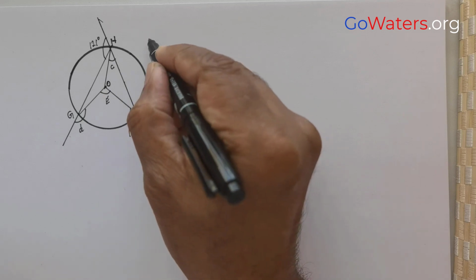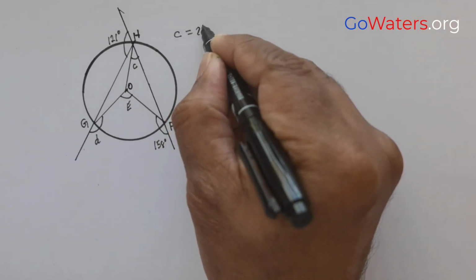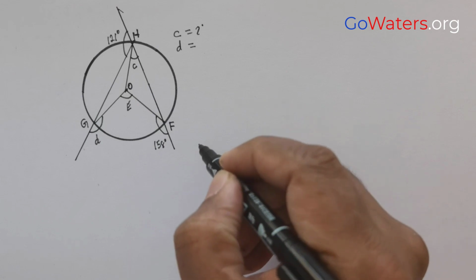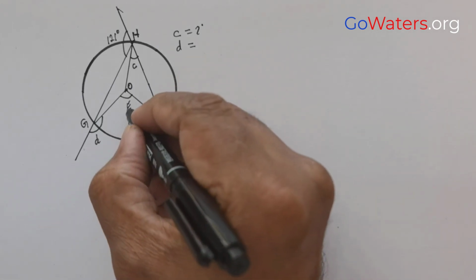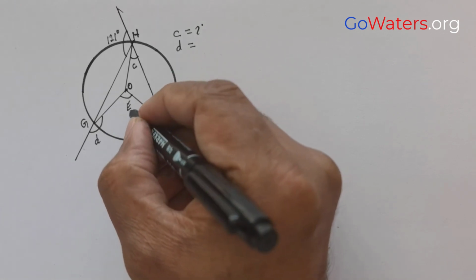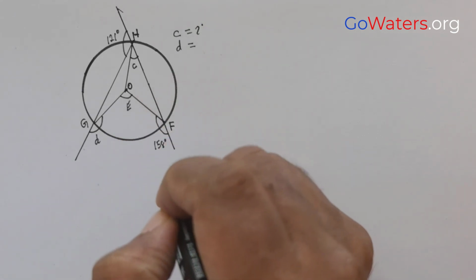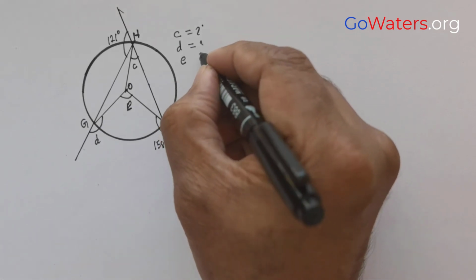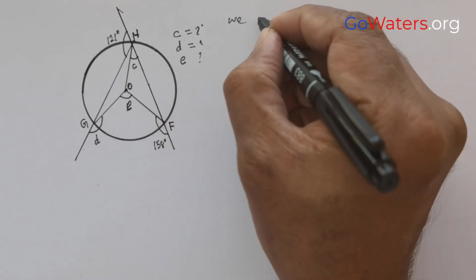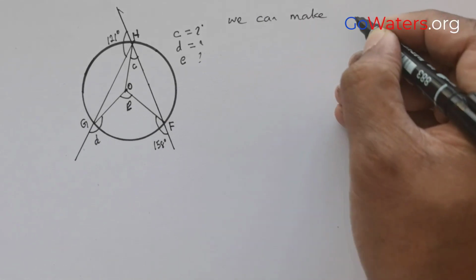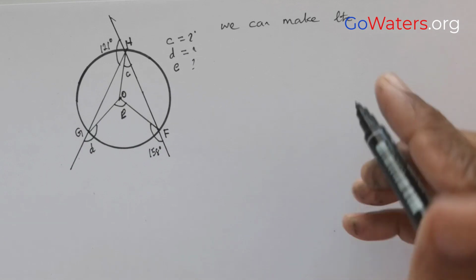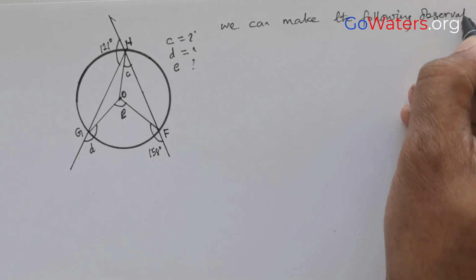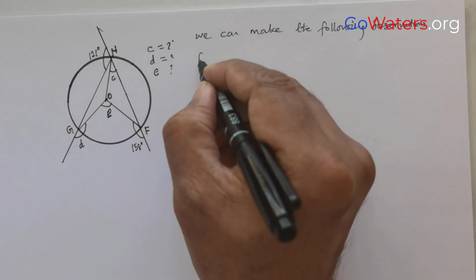We are expected to find the value of C in degrees. We are also expected to get the value of D in degrees, and the value for E. We need to know what is the value of E. So what I will do, I will just represent this in lowercase, right? O is the center. So we can make the following observations. So what are those observations? O is the center of the circle,